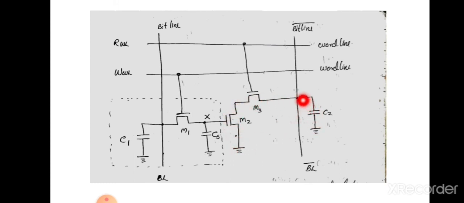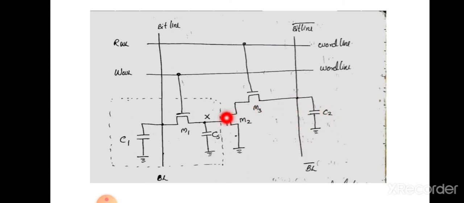So that means the voltage at this point will be decreasing. That means the bitline bar is decreasing, that means BL bar is equal to 0. In effect, BL bar is connected to a sense amplifier, and the sense amplifier is actually a comparator and it will compare the bitline bar voltage and bitline voltage. Whenever bitline bar voltage is decreasing, then that means the sense amplifier output is equal to 1.